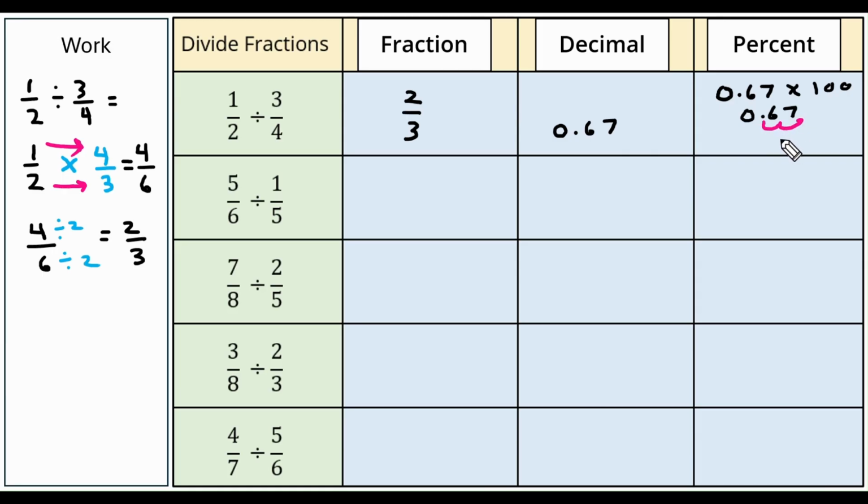So to go from a decimal to a percent is easy. Just take the decimal, move it to the right 2 times. And what we have is 67%. Now, let's go ahead and write that in. So 0.67 times 100, I move the decimal to the right 2 times. And what that gave me